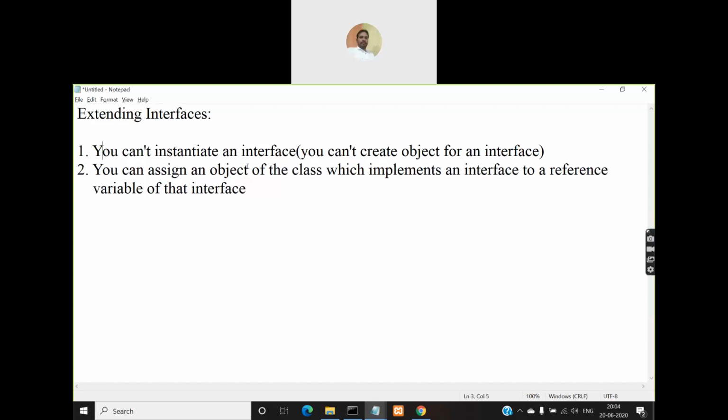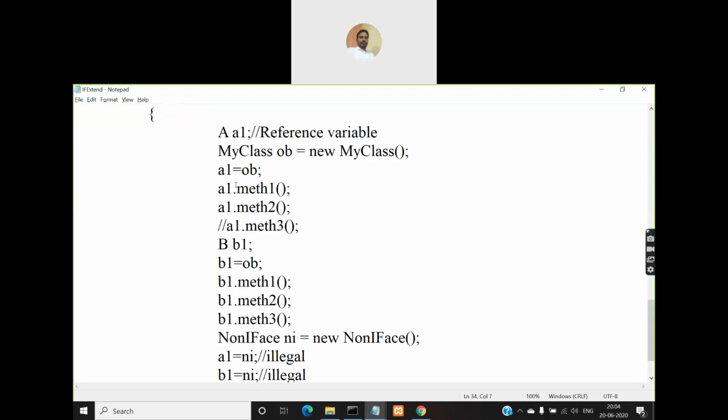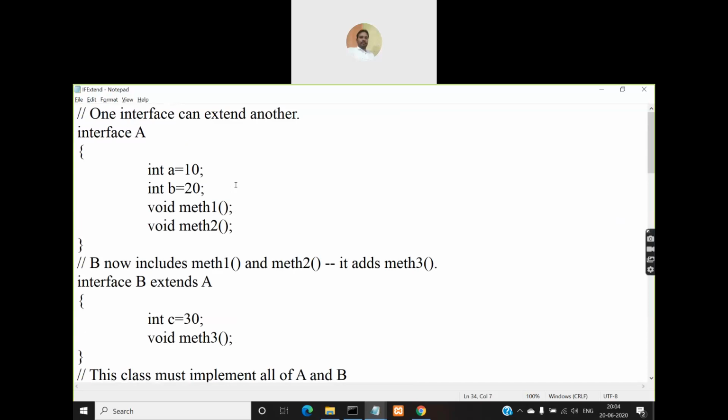And how to do that, extending interfaces, we have already seen in the program. And you cannot use the super keyword with interfaces, super interface and sub interface, just like you use it in super class and subclass to access the hidden instance variables and overridden methods and constructors.